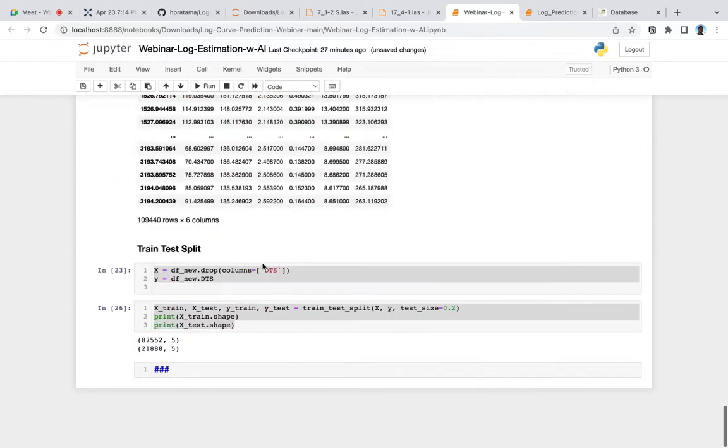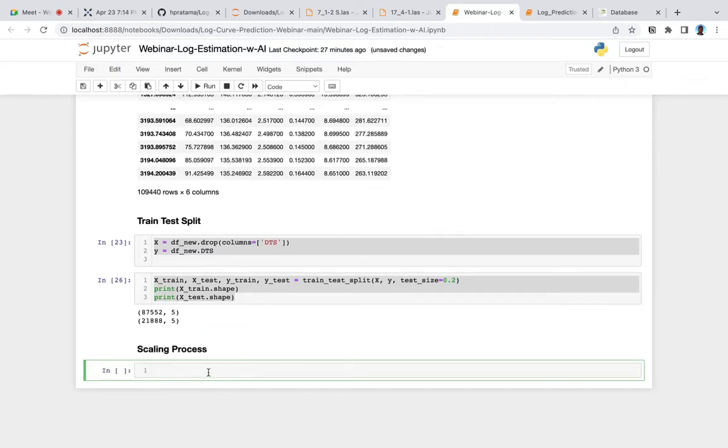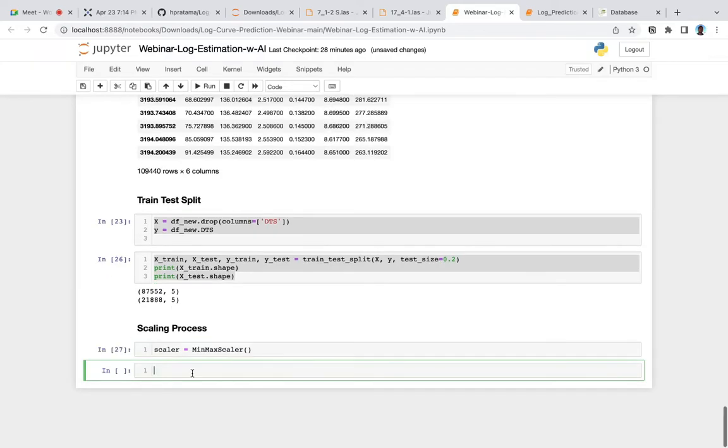So how can we do that? It is using the scaling technique, the scaling process, which is a min-max process. We can type scaler here, which uses the min-max function from scikit-learn, and then xtrain equals scaler dot fit transform the xtrain.